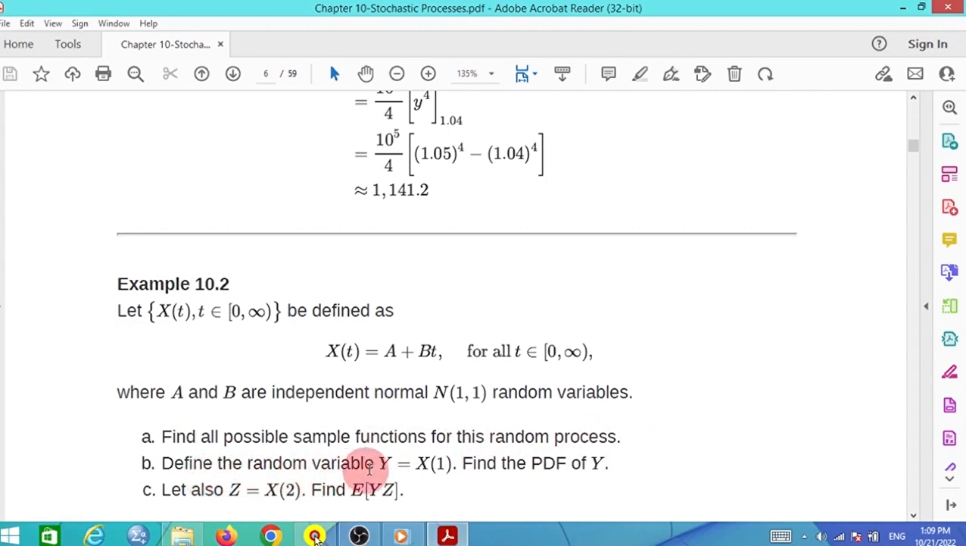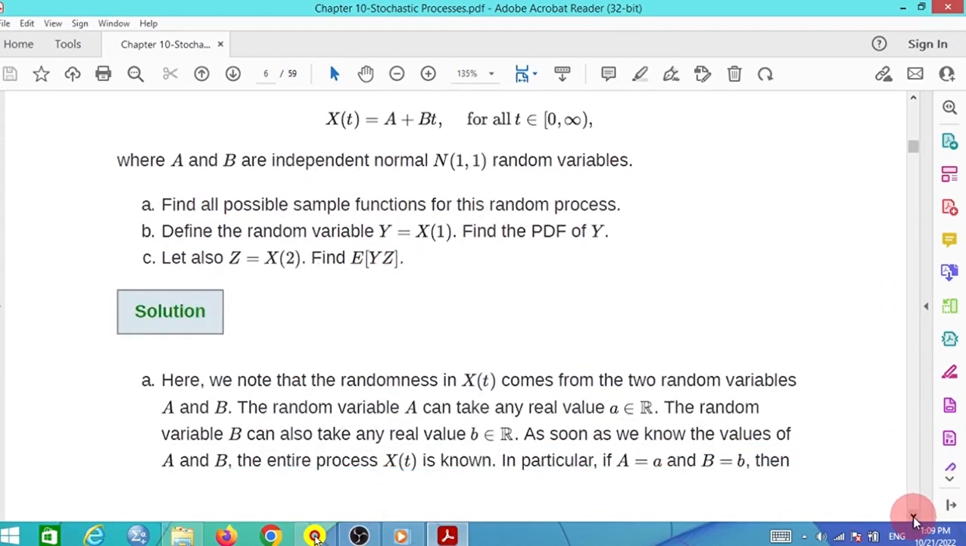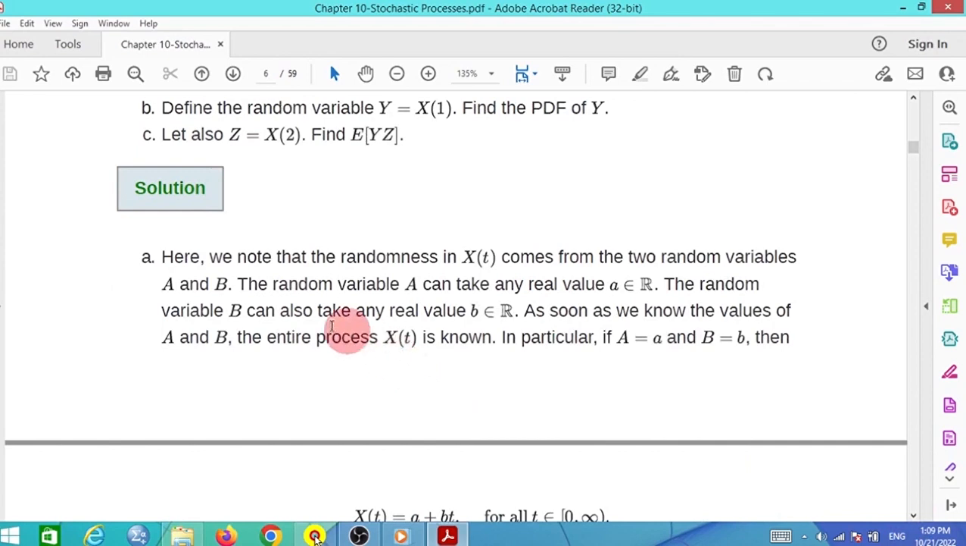Define the random variable Y equal to X(1). Find the probability density function of Y. Come back to the previous chapter and study probability density function. And C, let Z equal X(2). Find the expected value of Y multiplied by Z. For the solution: